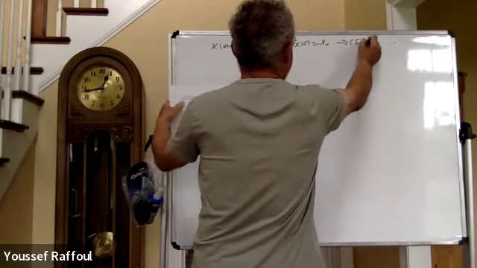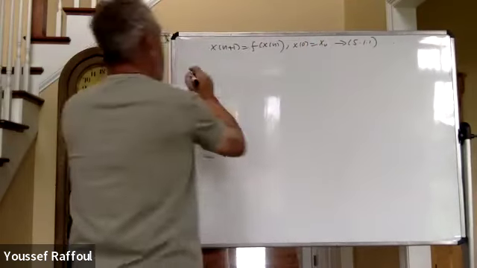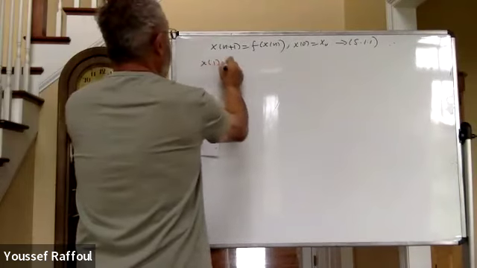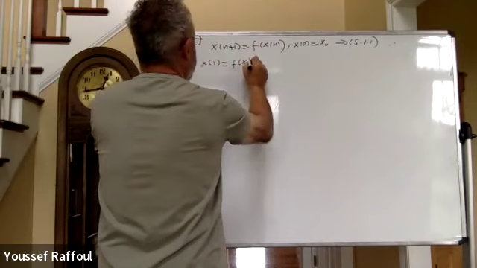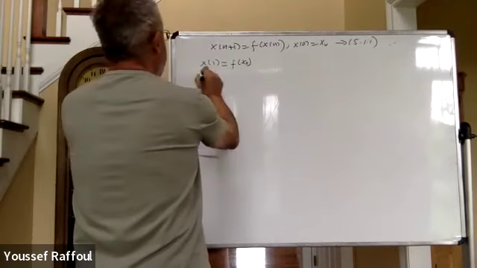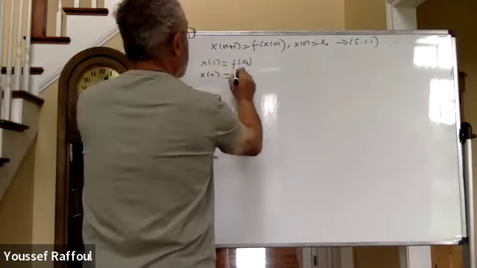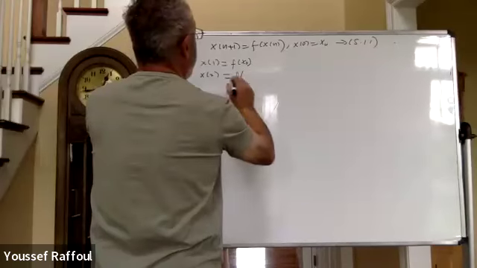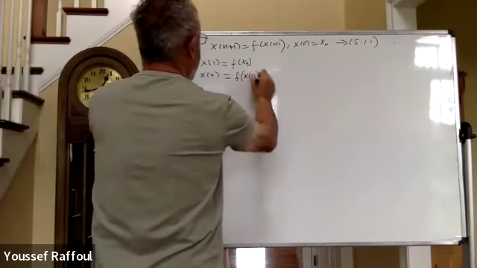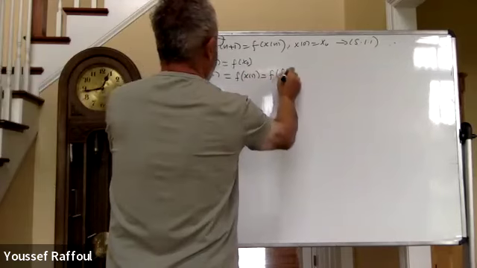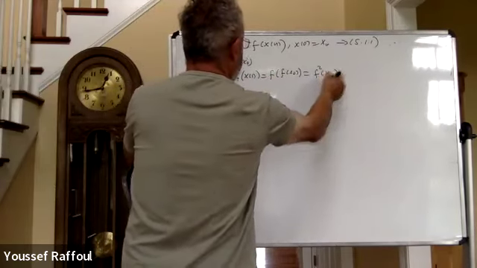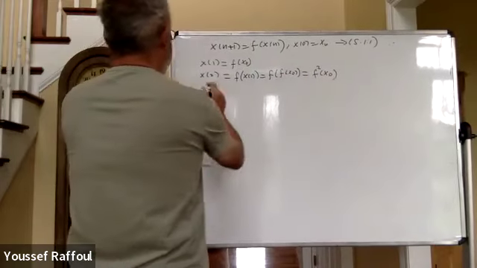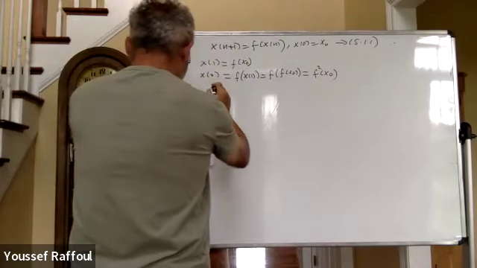So let's call this 5.1.1. So what is x_1? x_1 is f(x_0). What is x_2? It is f(x_1). That is f(f(x_0)). That is f squared of x_0. And if I keep going,